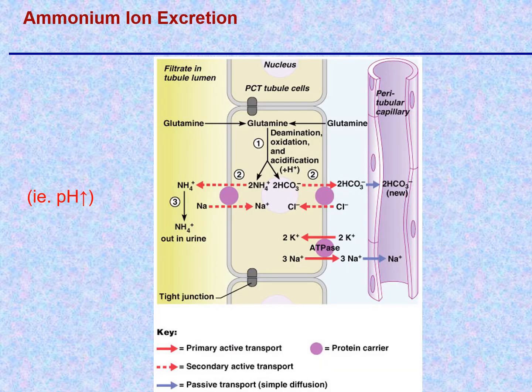And here you see it again. What you have is new bicarb being generated and moving in, although it's not due to carbon dioxide and water, but instead glutamine in the cell, and that glutamine could come from either the blood or the filtrate, and you get bicarb and ammonium, and the ammonium goes out and the bicarb goes into the blood. The ammonium ion will go out into the urine and be lost. Okay. All right. So that was